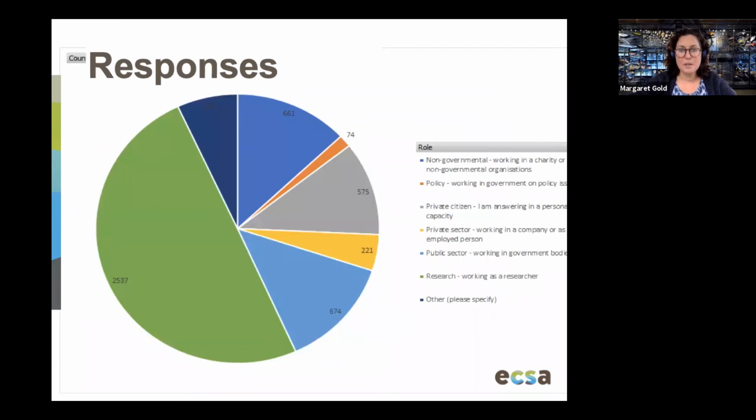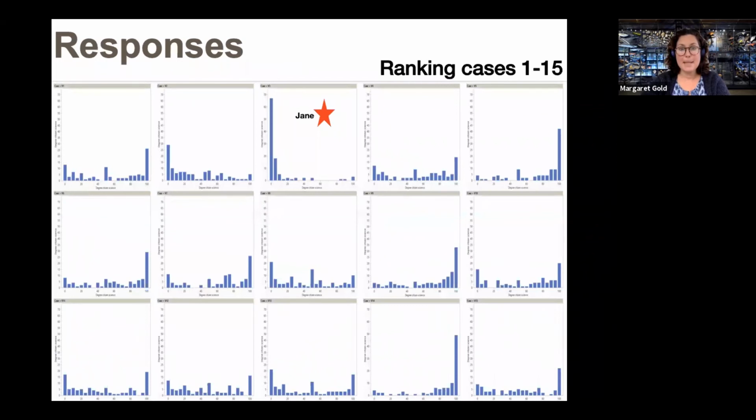And this is the way the responses broke down in terms of the number of people that participated in the survey. So you see that for the most part, we were reaching people out in the research fields. As ECSA as an organization, and also the EU Citizen Science Project, a lot of our friends and family networks are fellow researchers, fellow practitioners, but we really spent a lot of time trying to deliberately reach out to alternate groups as well. So we had a real diversity of views, not just these people that are deeply steeped in citizen science. And then we took the responses and we mapped them.